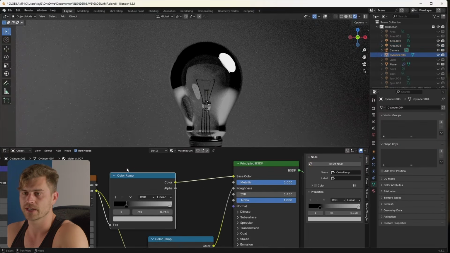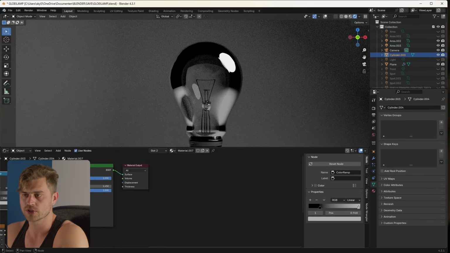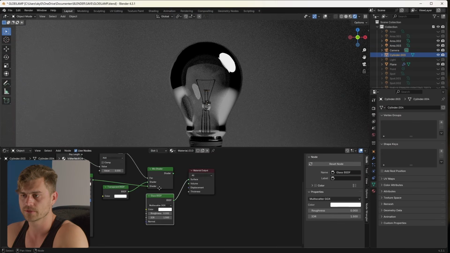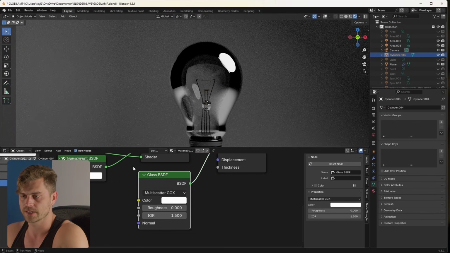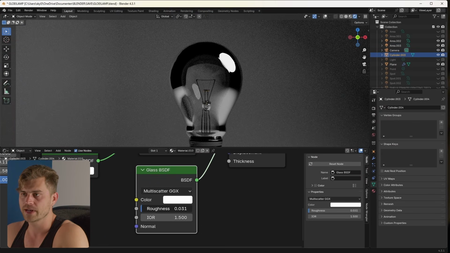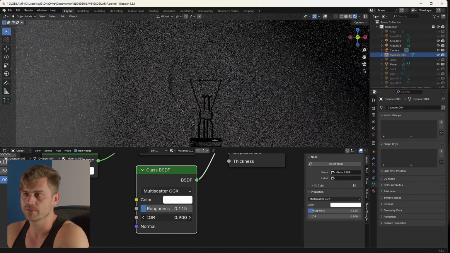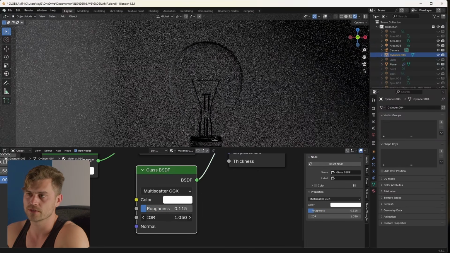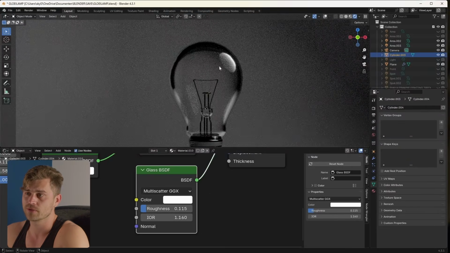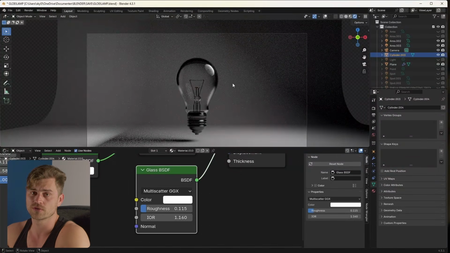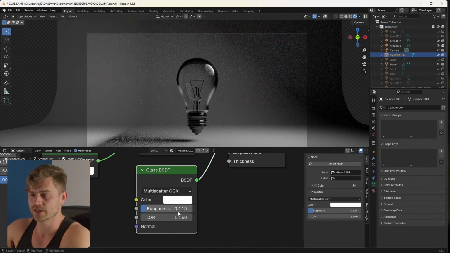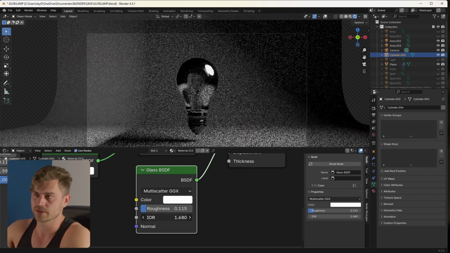And one of the things that I like doing is simply going into the shader editor, to the glass material. Let's forget about all of that. And we can play around with the IOR and the roughness. We can play around with this until we get to the desired result. I actually recommend doing this with glass. I mean, throw physics out of the window, I know, but